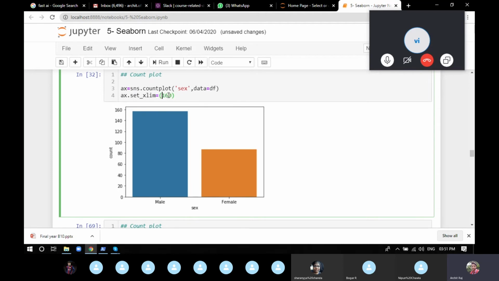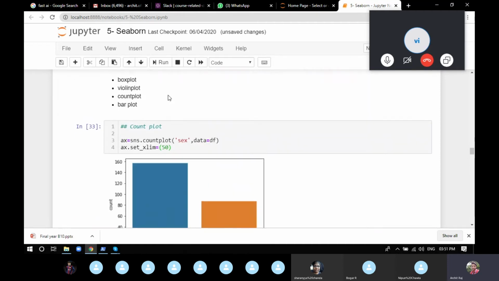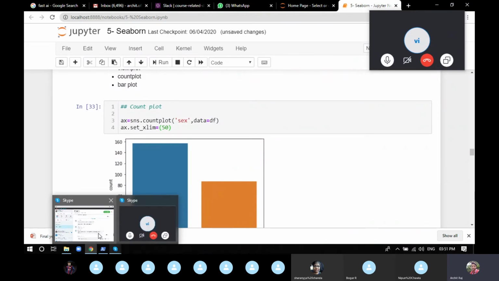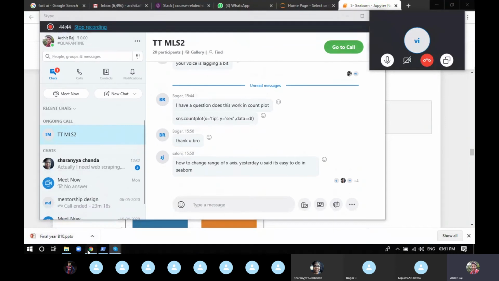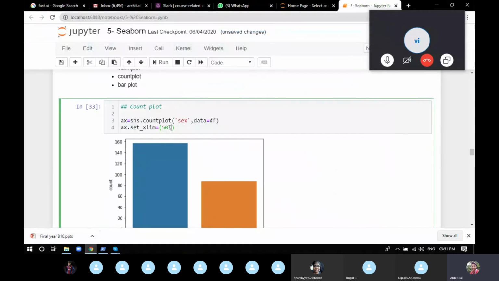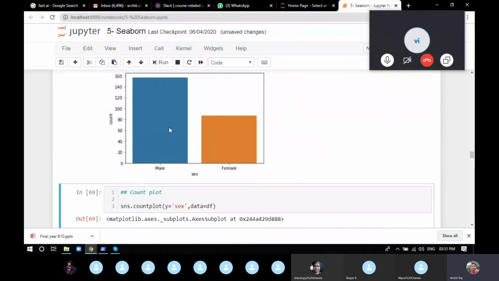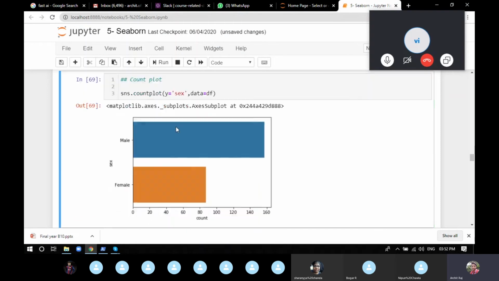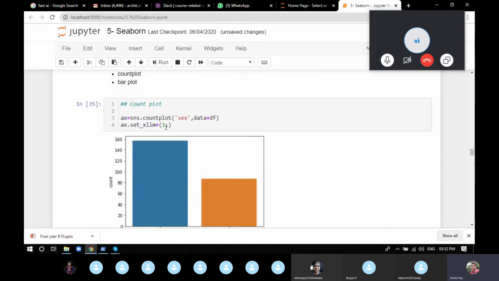Okay, it's not working. So let's start it from 50. Okay, for some reason it's not working. Don't worry, I'll tell you how exactly it works. I don't know why it's not working. It's supposed to work. It's not even giving any error. The x limit is 50. Make it 1. What will happen? Well, nothing is happening.